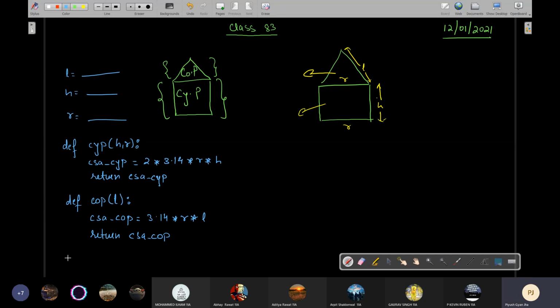let's say we don't have to add tax, then what will be the total area, curved surface area? Can we write def CYP plus def? Why def? You have already done def. If you do def, it is defined; you have to simply call it, match the signature. CYP bracket